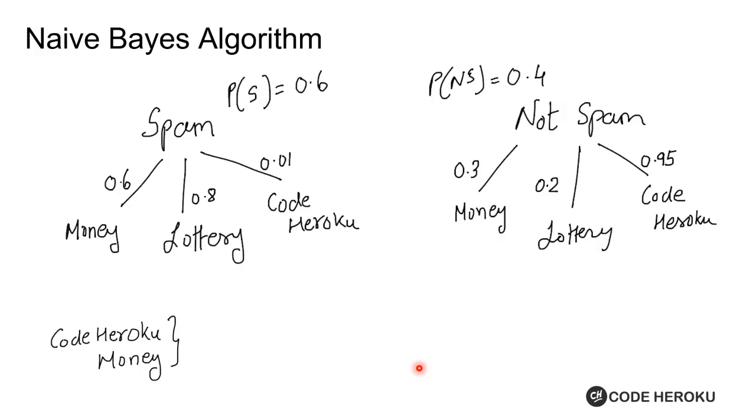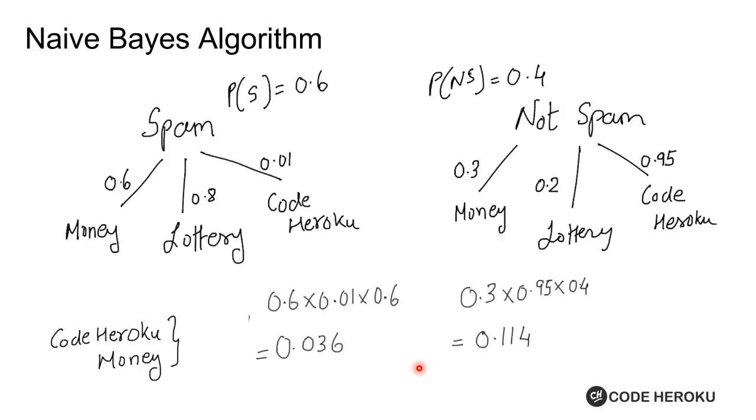Yep, so most of you are getting it correct over there. If you do the math, we see Code Heroku and money, right? So for spam, Code Heroku is 0.01, money is 0.6, and the overall probability is 0.6. This will give you 0.0036. And over here for not spam, we have 0.3 because we have money, and 0.95 for Code Heroku not being a spam, and 0.4, the overall probability of not spam. Overall, we could see that 0.114 is greater than